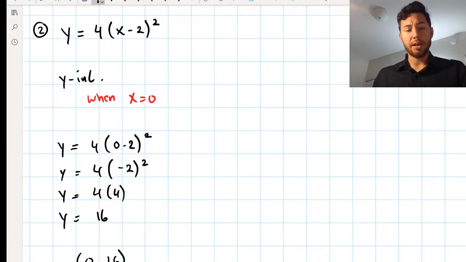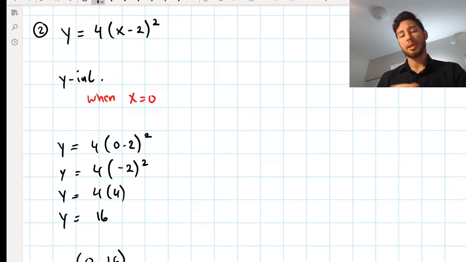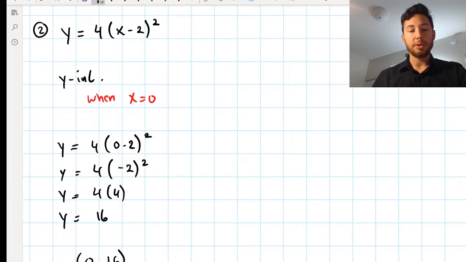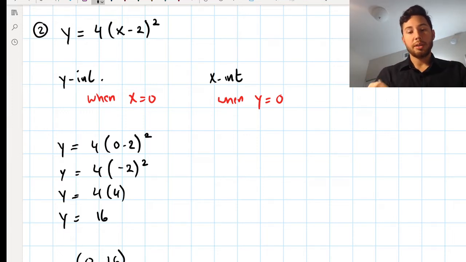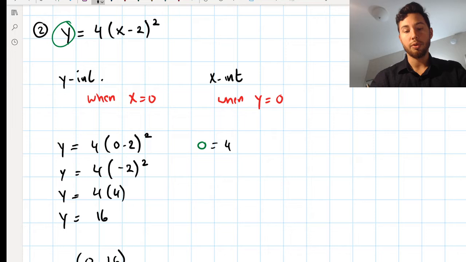I want to find now the x-intercept, and this is the one that might cause you a little bit of trouble. What I want to go ahead and do is make y equal to 0. So for my x-intercept, let's write when y is equal to 0. I'm going to substitute 0 for the y. Now the y is in the beginning, so this will be 0 is equal to 4 times